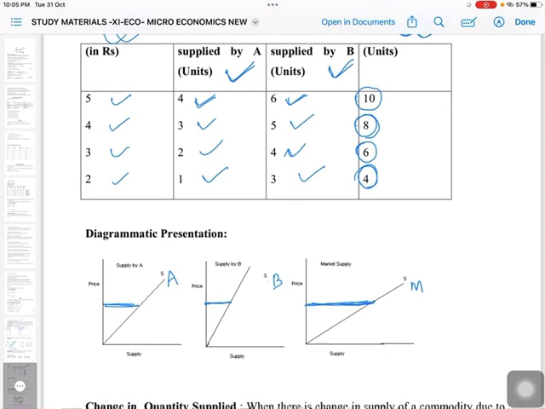The shape of the market supply curve is also positively sloped. लेफ्ट टू राइट ये पॉजिटिवली स्लोप्ड है, अपवर्ड स्लोपिंग है. द अपवर्ड स्लोपिंग सप्लाई कर्व रिप्रेजेंट्स देयर इज ए डायरेक्ट रिलेशनशिप, देयर इज ए पॉजिटिव रिलेशनशिप between price of the commodity and its quantity supply. So this is all about the meaning of supply, factor affecting supply, law of supply, individual supply and